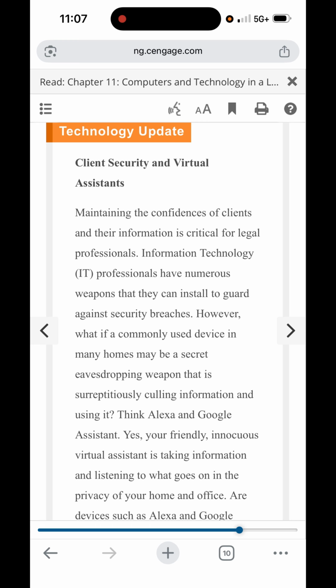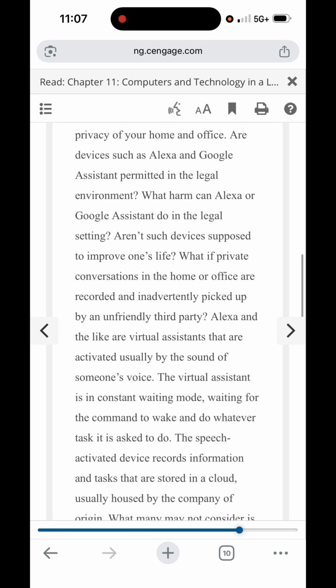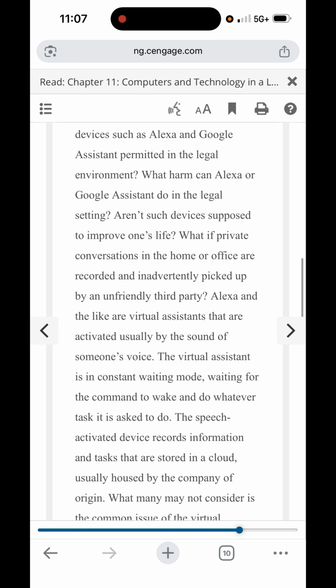surreptitiously culling information and using it? Think Alexa and Google Assistant. Yes, your friendly, innocuous virtual assistant is taking information and listening to what goes on in the privacy of your home and office. Are devices such as Alexa and Google Assistant